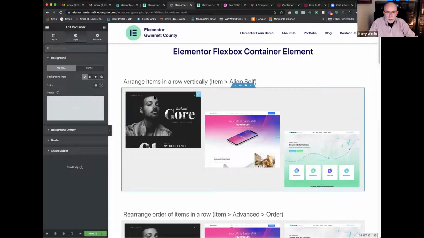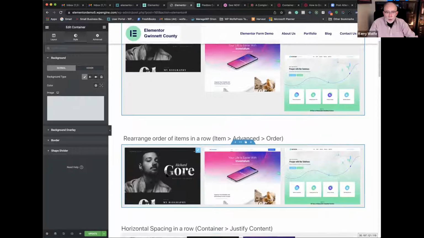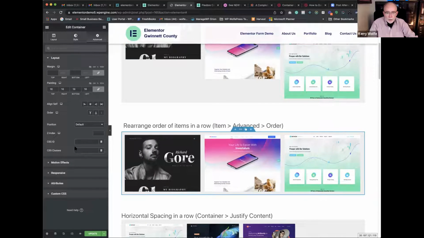Okay, so this is aligning, arranging items in a row vertically. In other words, it's a row, but you can adjust them vertically. And then we got rearrange order of items. Right now they're in the order that we put them in. But if we go to, well, you can do one thing. Let's go back to the container